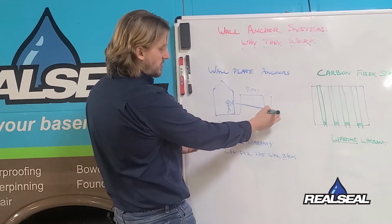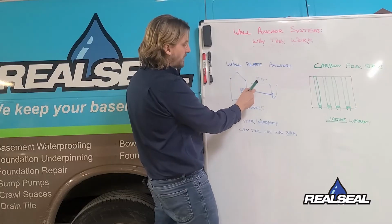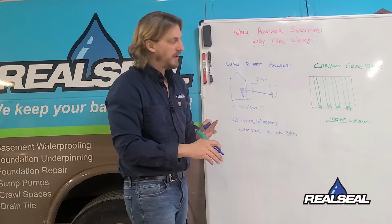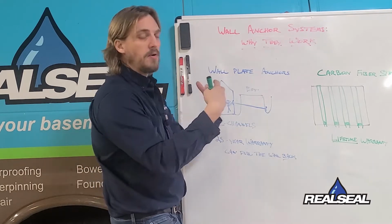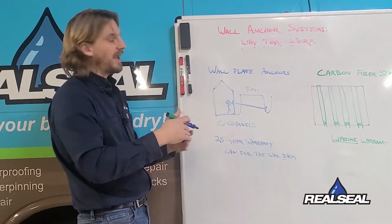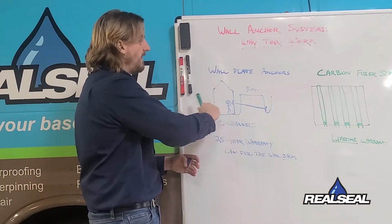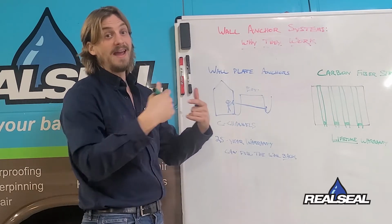So we put the plate in the trench out here, and we have the plate sitting on the inside of the foundation here. Once we have free movement with no dirt in the way, we're actually able to lift up the weight of the home with hydraulic cylinders and supports, and take the weight off that wall. We'll then use torque wrenches to actually pull that wall back till it gets back up to maximum practical level, as near to plumb as we can, 90 degrees up from the floor. Once we're done with that, we'll lower the weight of the building back onto the wall and then backfill both of those trenches, leaving those plates and rods buried in the yard as anchors